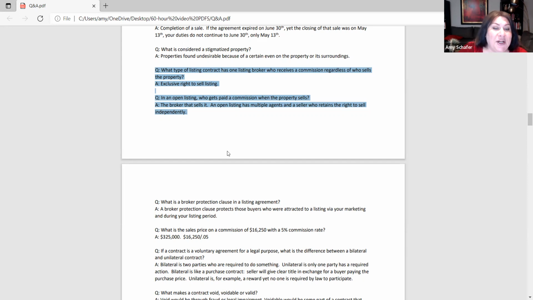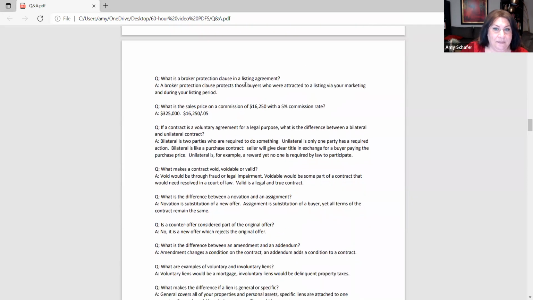A broker protection clause. This protects the broker so that a seller does not hijack all of the leads that you created, all the buyer leads you created during your listing efforts and money. Wait until it expires in two weeks and I'll sell it to you on the cheap. We don't want sellers saying that to your buyer prospects that you again spent the time and money to attract.